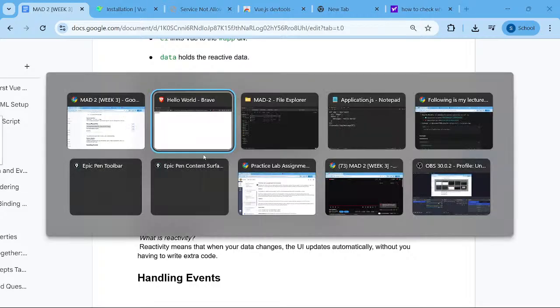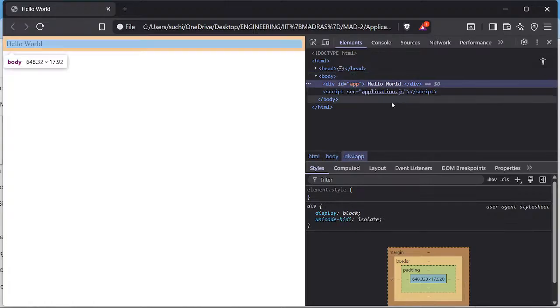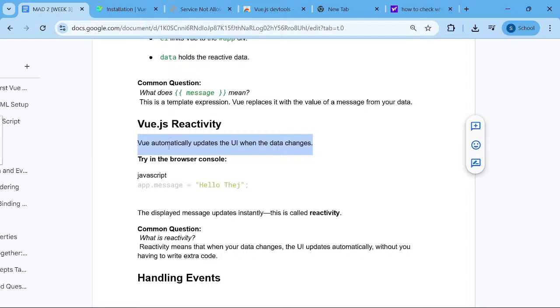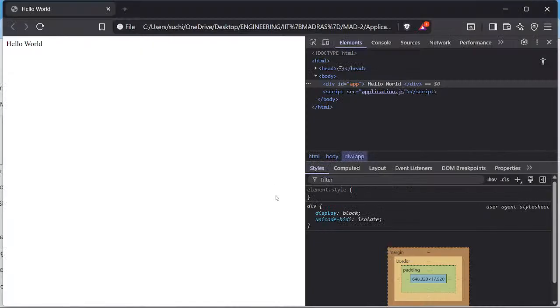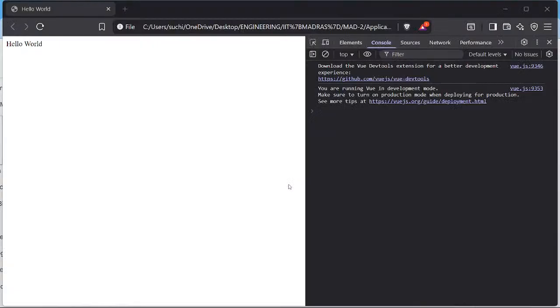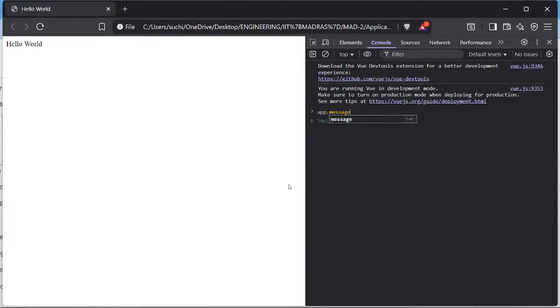Okay, if we try the browser console, JavaScript, inside the browser, there's no view option, right? Is there a console here? Okay, inside the console we'll have to write app.message equals to